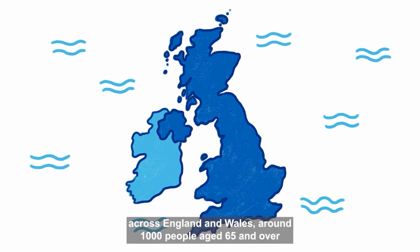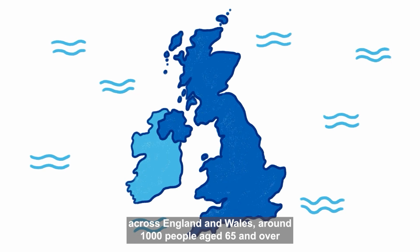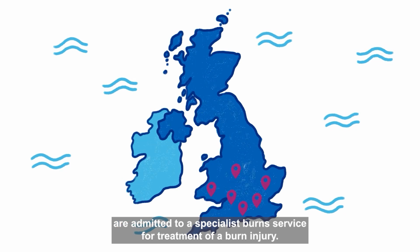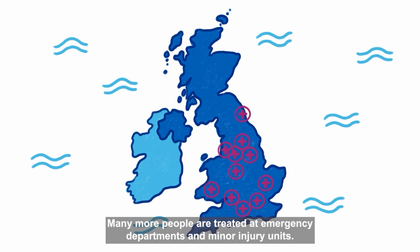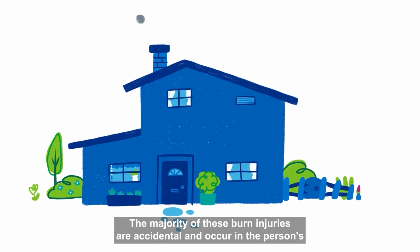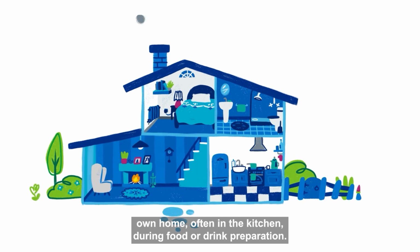Every year, across England and Wales, around 1,000 people aged 65 and over are admitted to a specialist burn service for treatment of a burn injury. Many more people are treated at emergency departments and minor injury units. The majority of these burn injuries are accidental and occur in the person's own home, often in the kitchen during